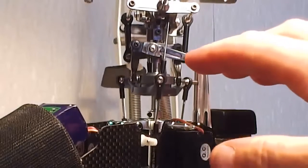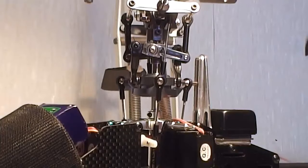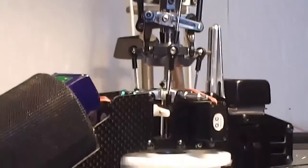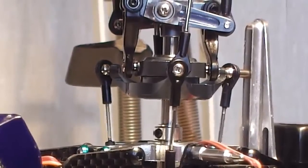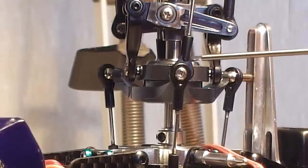Everything's nice and clear. Now I've got my idle up one position, and my cyclic at mid stick. And if you have a look closely, I'm not too sure whether you can see it. Yes, you can. If you have a look at the distance between the top of the swash and the head block,